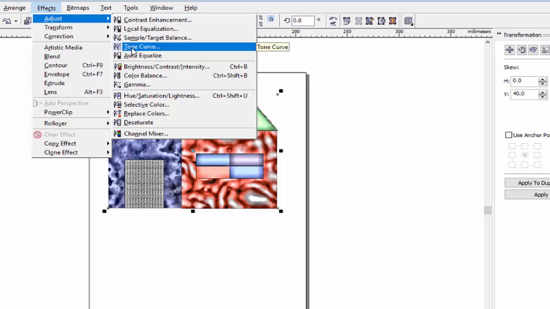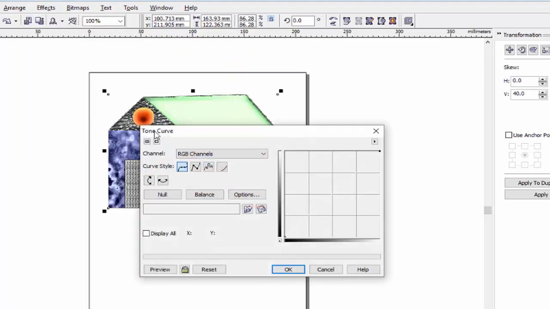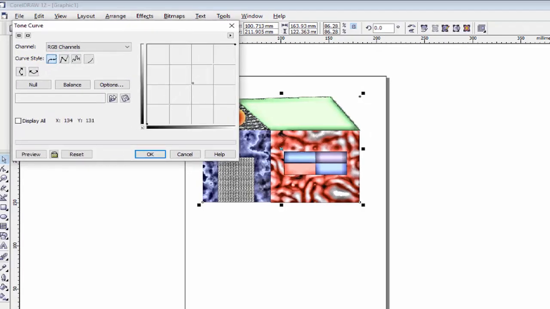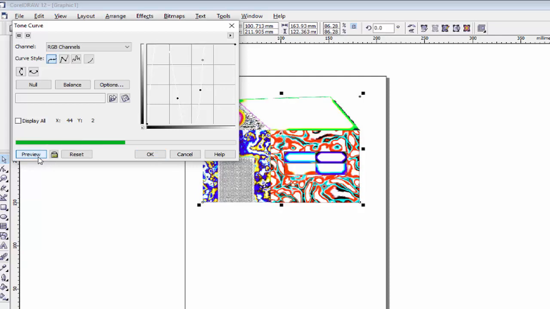The next one is used to set the tone of your object. From here you can set the tone, meaning brightness and contrast, and change the contrast, then apply preview. You will see the contrast of the tone of your object has changed.